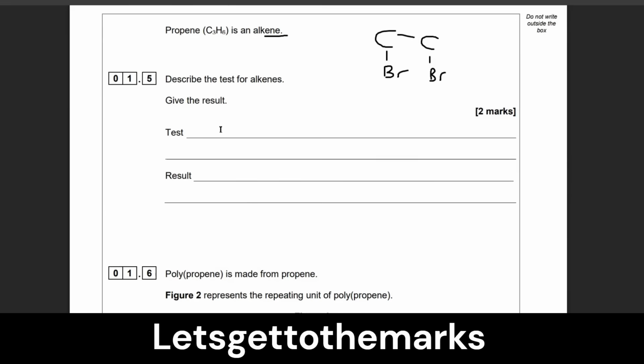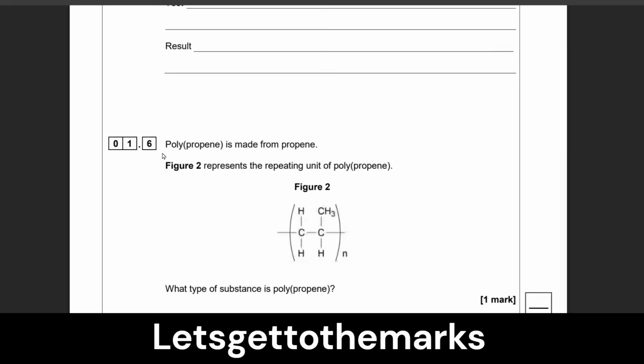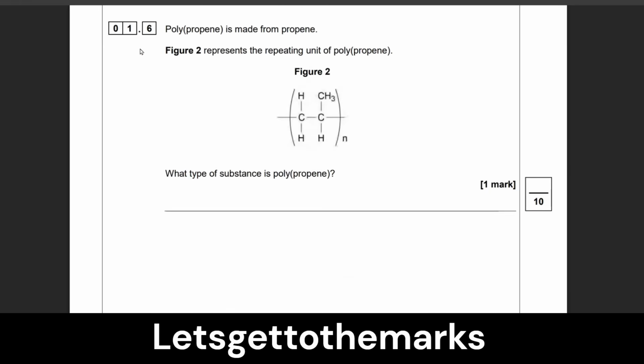So the test is add bromine, but it's better to say add bromine water. It's a safer version of bromine. Bromine is a very volatile red liquid that's acidic and is quite dangerous. Its vapors, but we dilute it with water and it goes orange in color. And the result is it goes orange to colorless. You probably just need to say it goes colorless. You don't need to mention that it's orange first, but I'm going to put that there. 2 marks. Let's go. 1.6,